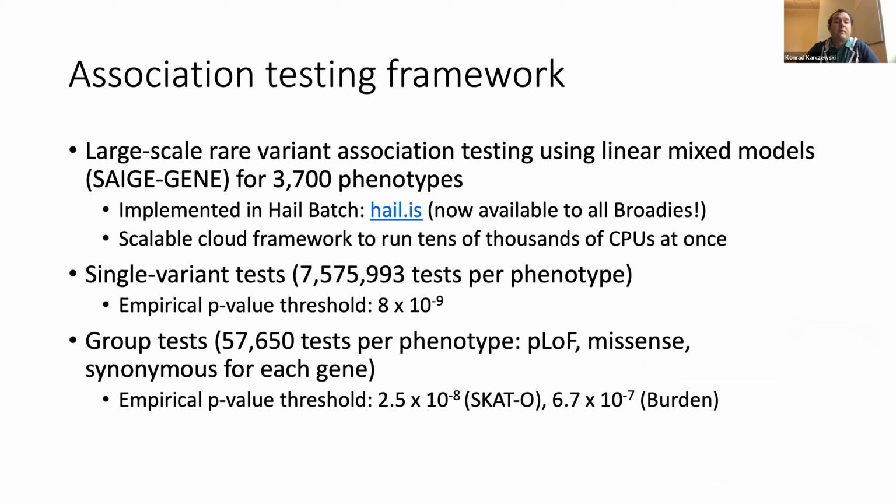We performed millions of single variant tests per phenotype, but with rare variants, one thing we could do to increase power here was to group variants with the same annotation type in the same genes into a group test. So for instance, all predicted loss of function variants in one gene, all missense variants and all synonymous variants. For each of these, we actually ran several different types of tests as well, including burden tests, which are the more classical type tests that you would think of, as well as hybrid variance tests in the form of SKAT and SKAT-O for each phenotype.